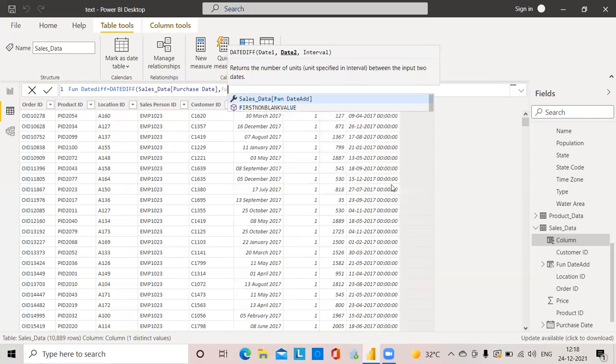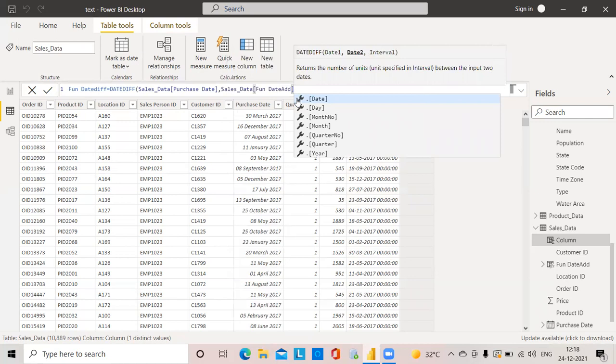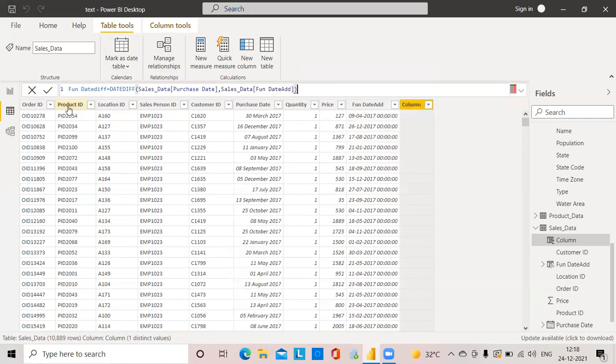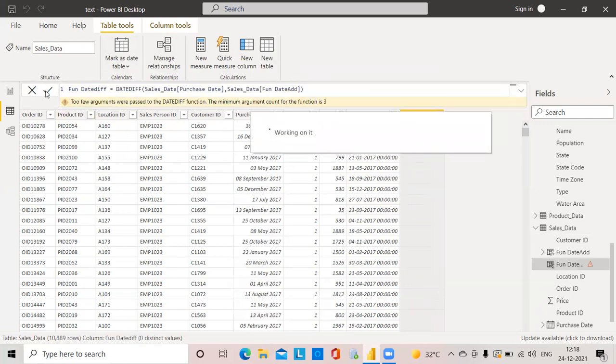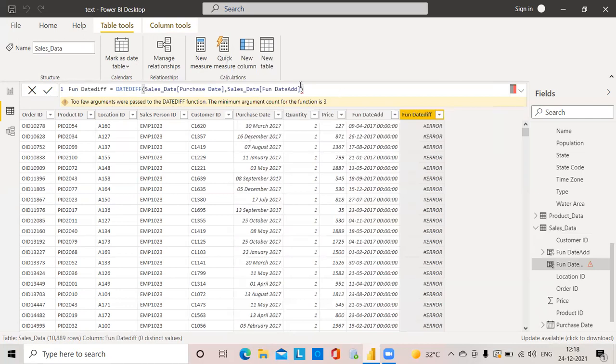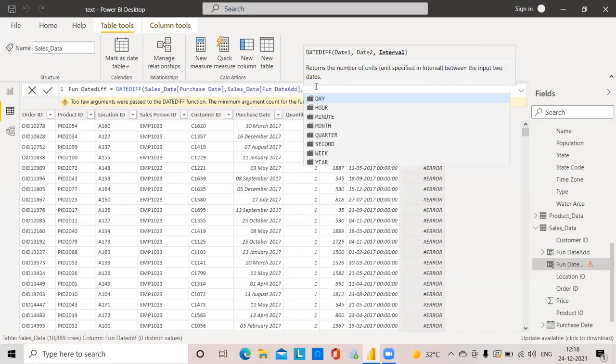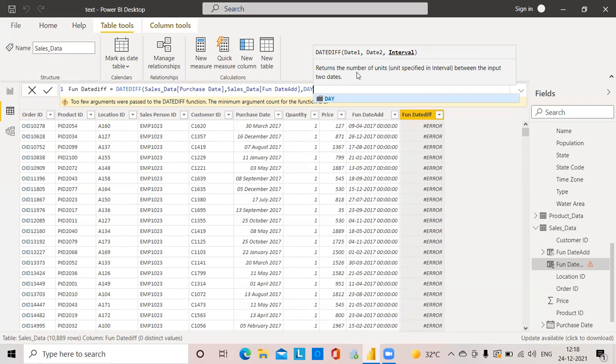Date add. I will close the bracket. Oh, one more instance is there, I think. Comma. Here interval, I will give day.